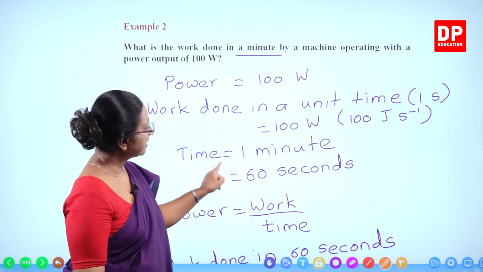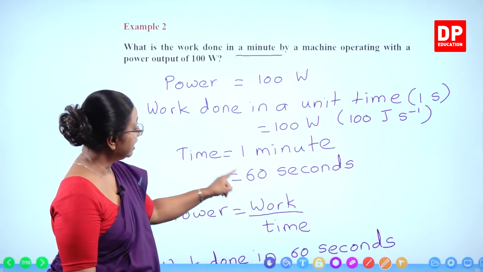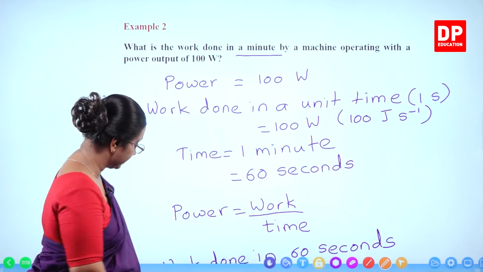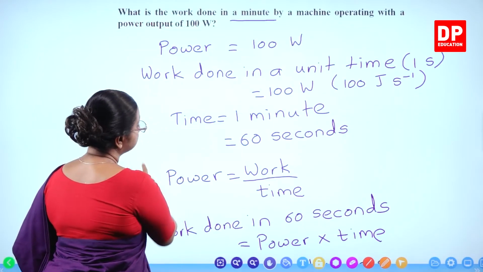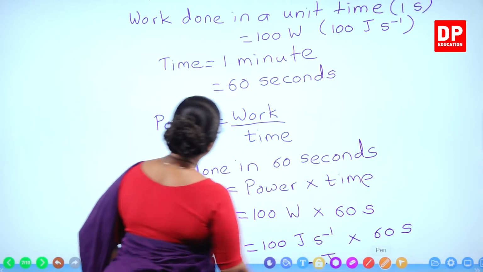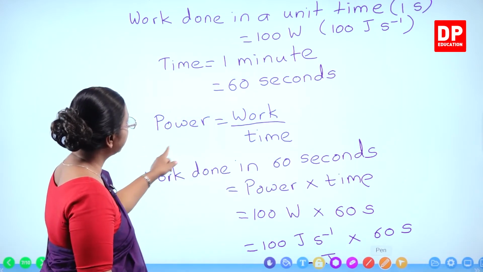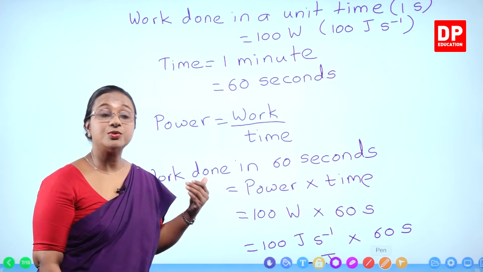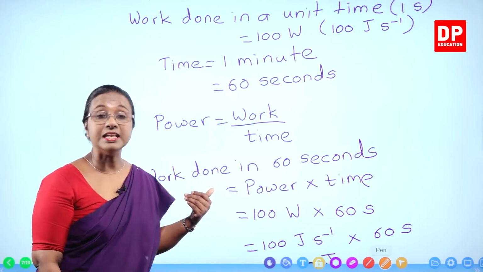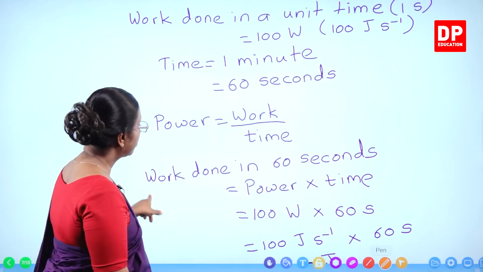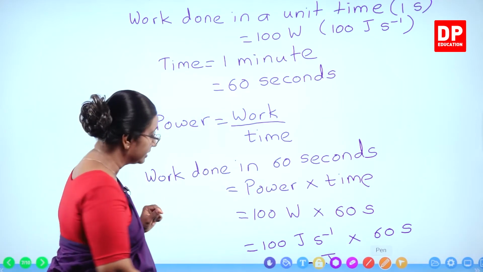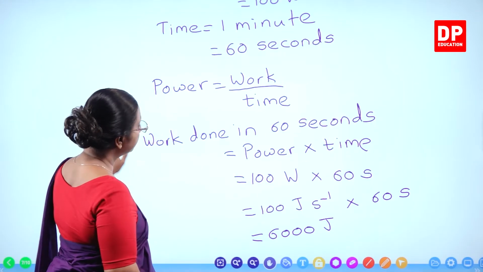Time is given to us as 1 minute and we need to convert it to seconds. So it becomes 60 seconds. Then if we calculate power, power is equal to work over time. You need to rearrange it so that we can calculate the work done in 60 seconds. So work done in 60 seconds should be equal to power multiplied by time. So if we do the calculation,